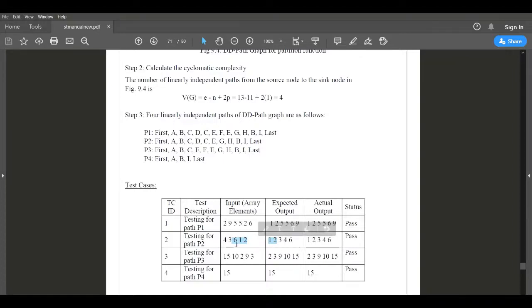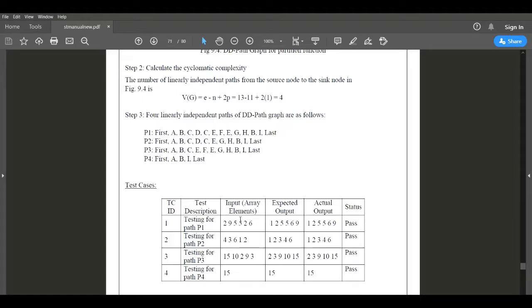The elements are very few, which will traverse through this path. Based on the partition, let us consider this is the pivot element, and on the right side we have a value lesser than the pivot element, then do the partition, swap it and then merge it. This is how we are doing.